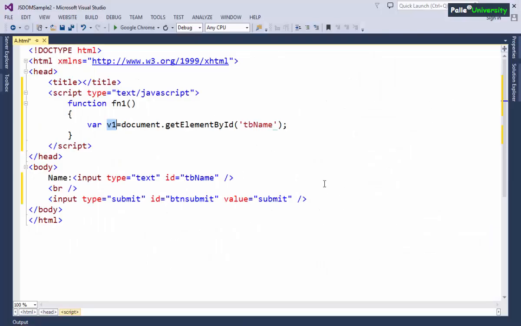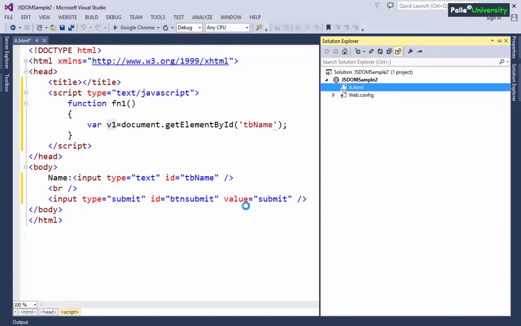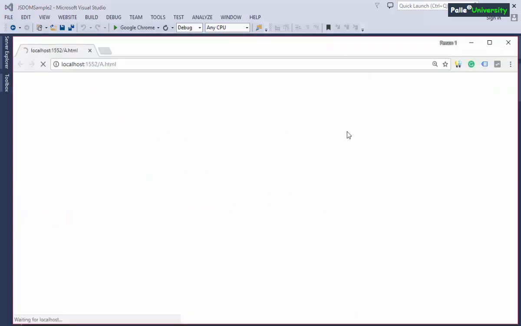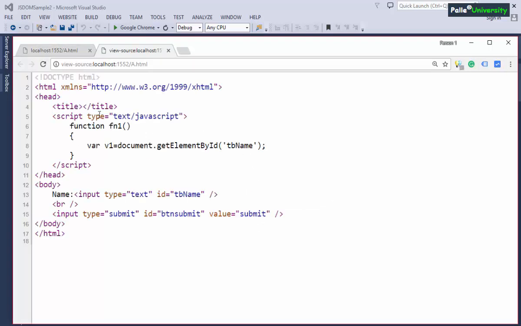Now let me send this .html file code and JavaScript code to my browser. What I will do here is I can right click on the .html file and click on view in browser. Once I click on view in browser, my entire HTML file code will be sent to the browser. So my browser is opening here, and my browser has received the HTML. If you want, you can see what code is received by the browser by clicking on view page source. You will observe that HTML and then JavaScript code is received.